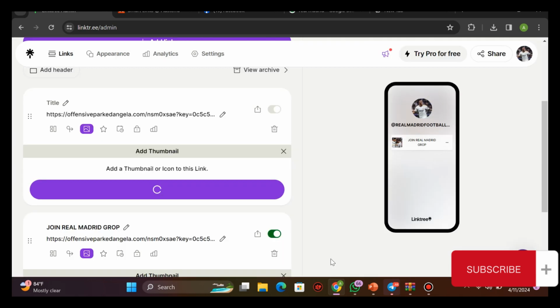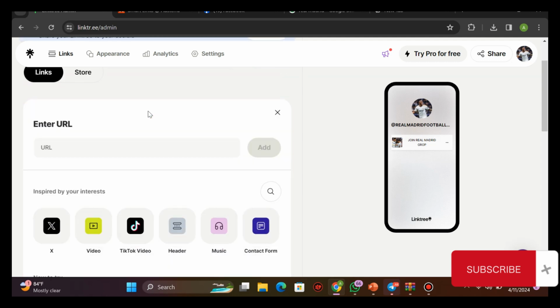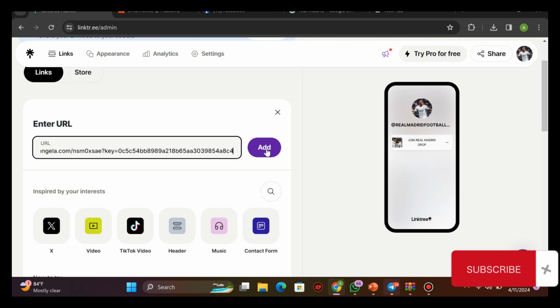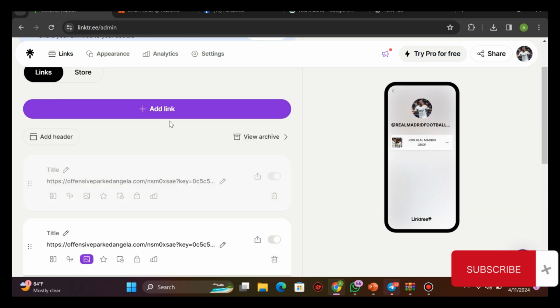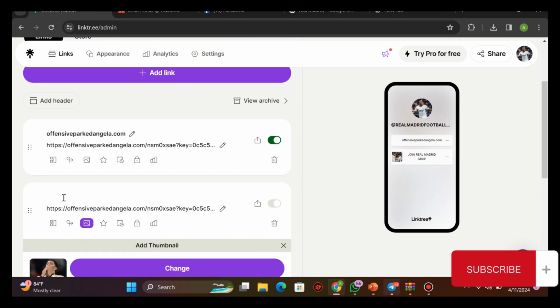So I can add another one and click on add. Okay, so let's change the title. This one you couldn't give a title, so I would like to go in for this one. Let's say Madrid transfer tip. All right, so Madrid transfer tip. Okay, so let's come to this one and let's choose something like